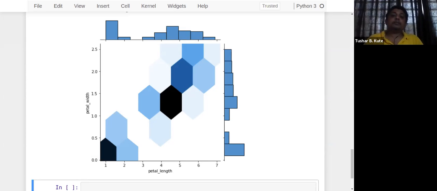To plot multiple pairwise bivariate distributions of a dataset, we have to use the pair plot. In our case, we are having 4 different inputs, continuous inputs I'm talking about. So 4 into 3, 12 different plots can be seen in a single plane by using a simple function, pair plot.